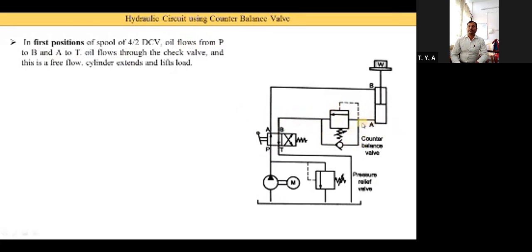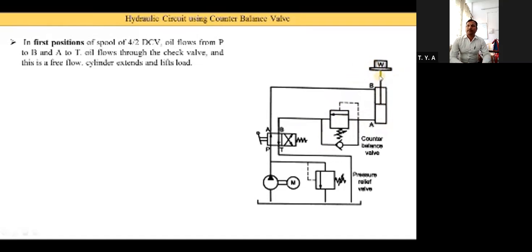So this oil enters from the A port and applies force on the piston, and the piston moves in the upward direction. Here on this side the rod is provided, and here is the weight that we require to lift up. So it is called the extension. Now you may think, sir, in earlier systems we considered the extension stroke when the piston moves from top to bottom. But now in this case you see the piston is moving from bottom to top and it is called the extension stroke. But here you need to focus on which side the rod is provided.